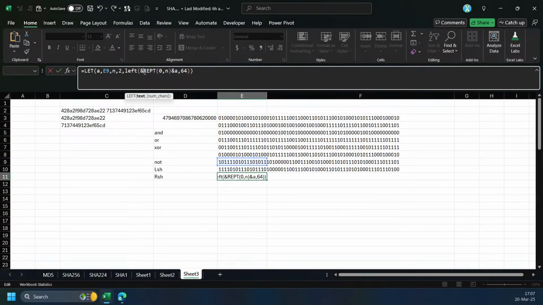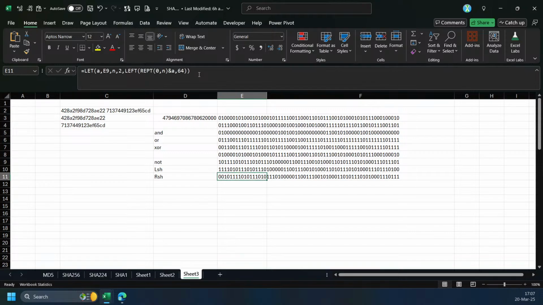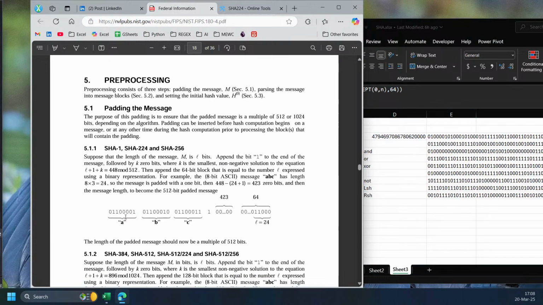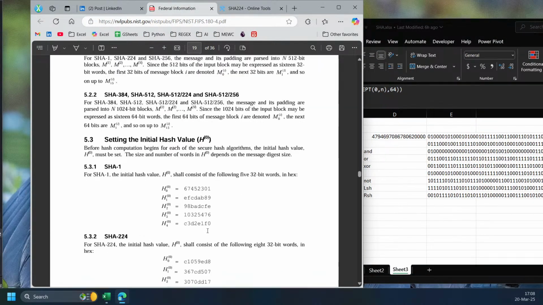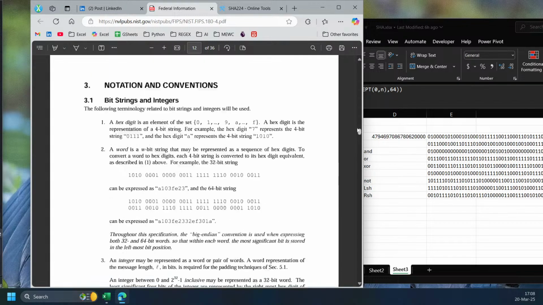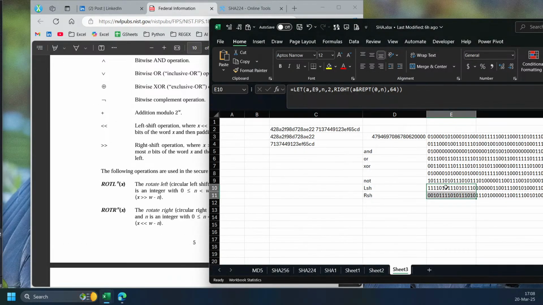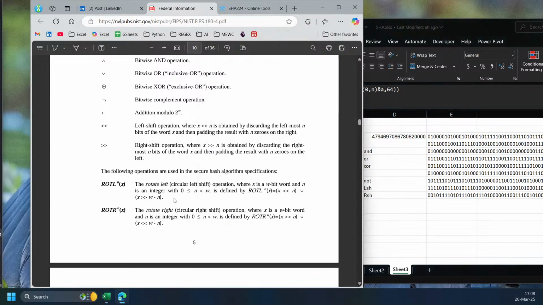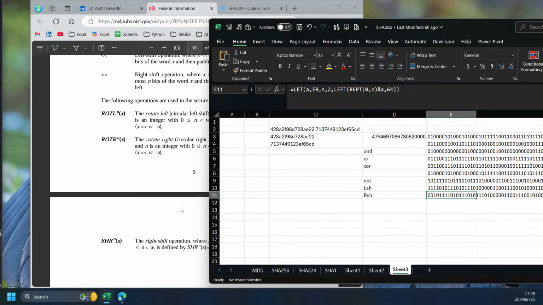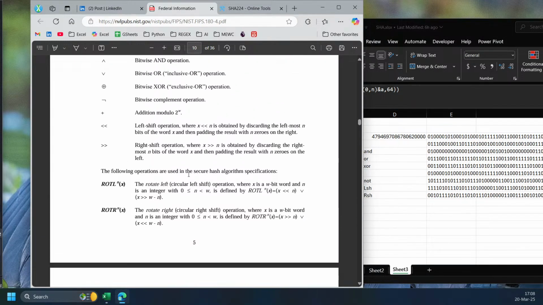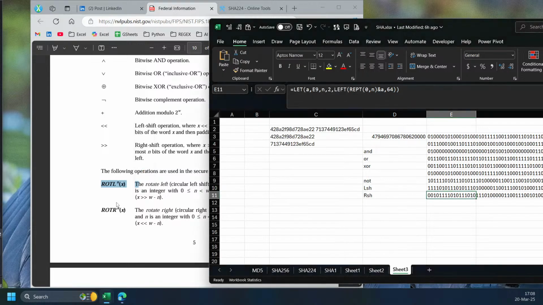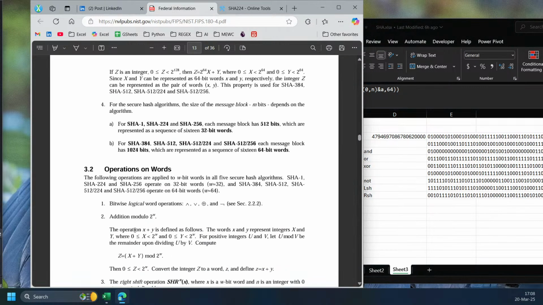So this is the shift right, and after this I have to do rotate left and rotate right using this one instead of bit shift left and bit shift right here. So first step is to do bit shift left and bit shift right, and then